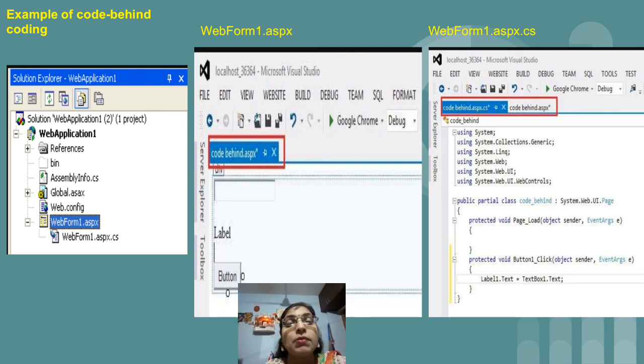But other than these forms, that is WebForm1 which is added by us, there are AssemblyInfo.cs file, References folder, then we are having Global.asax file, Web.config file. We have not created these. These files are by default present. So we are going to learn what is the use of these files, what are the different attributes, in further sections. So all these things we are going to learn in the WebForm fundamentals chapter.